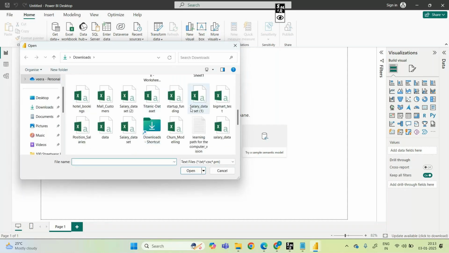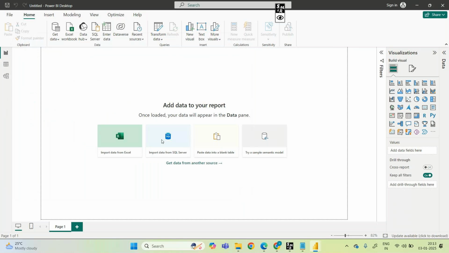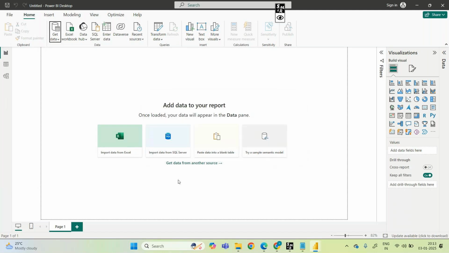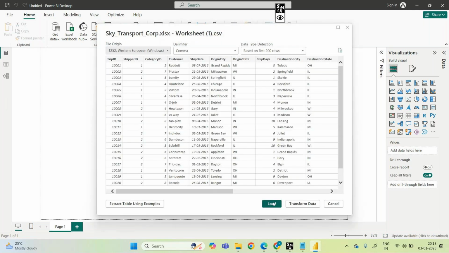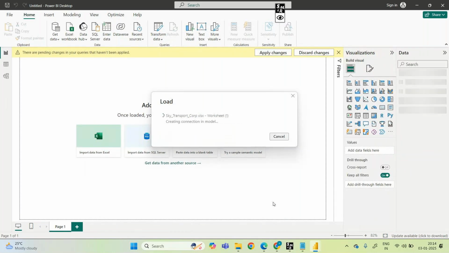The file I'm taking is sky transportation, and I'm bringing it here and loading it. So it was loaded.